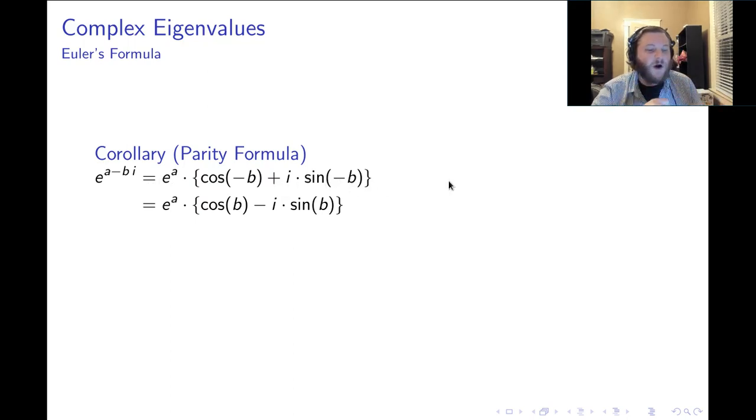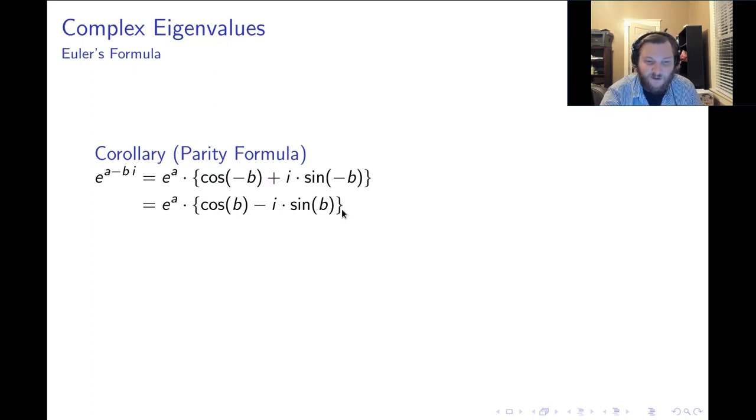If we remember our properties of sine and cosine, cosine is what's called an even function, which means that cosine of negative b is the same thing as cosine of b. So this simplifies from cosine of negative b just to cosine of b. And then sine is an odd function, which means sine of negative b is negative sine of b here. So e to the a minus bi is e to the a multiplied by cosine of b minus i